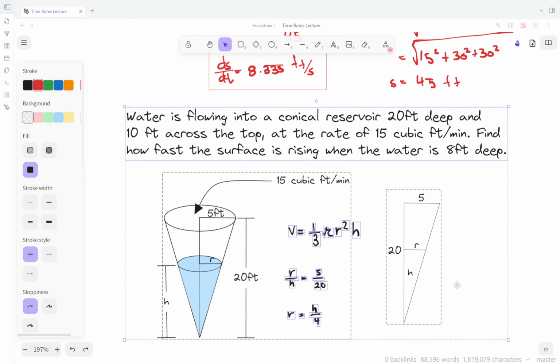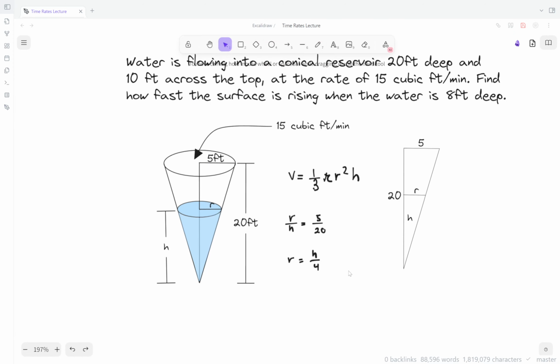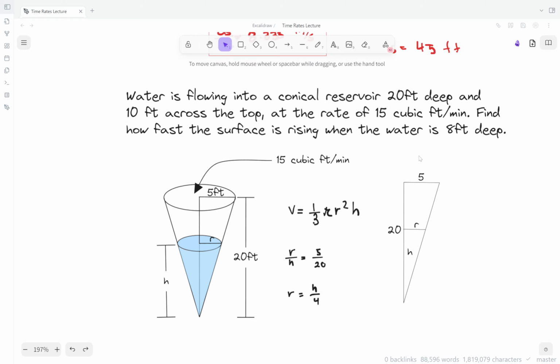Something like that. So for those of you who have done this in your childhood, you probably noticed that when you fill up a cone, it fills up faster at the bottom, and then it gets slower and slower toward the top. And we're going to try to see why that happens in a cone. Why is it that it's filling up faster when it's down below, and when the water is up top, it rises slower and slower? And in fact, that's the main goal of this